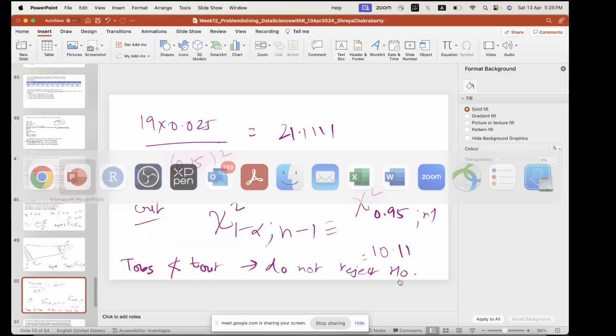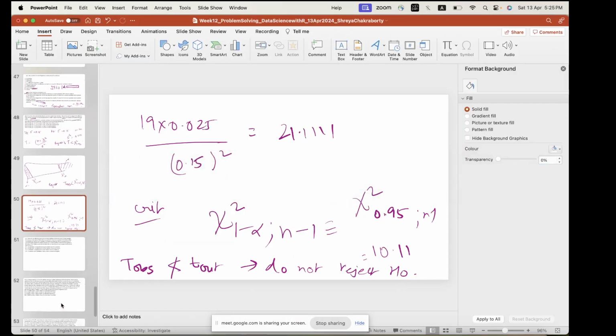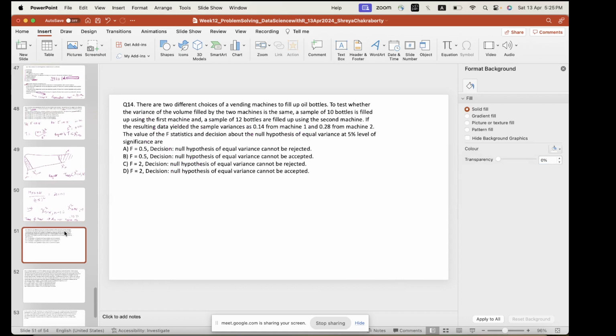Yes, ma'am. Okay. So this one we did. Similarly here also, two different vending machines are tested to see whether the variances of the fills by the two machines are the same. 10 bottles are filled using the first machine and 12 using the second machine. So then we have to find out